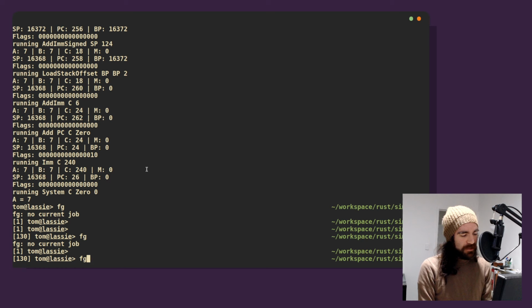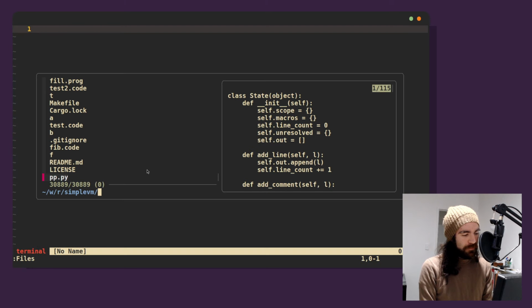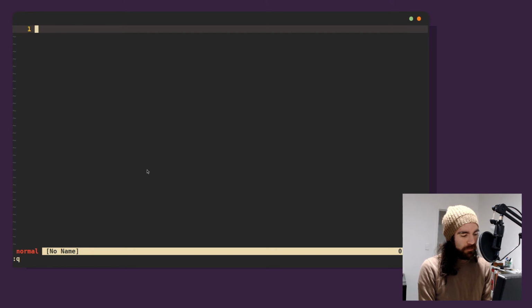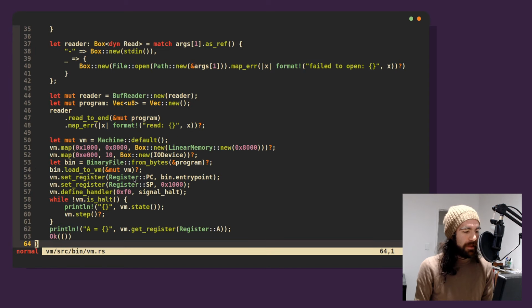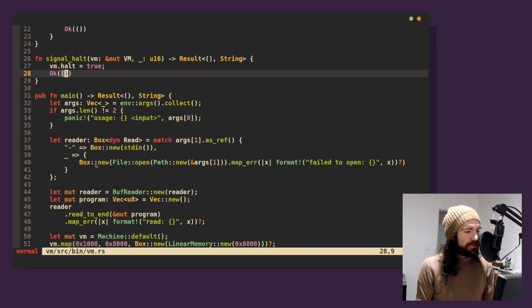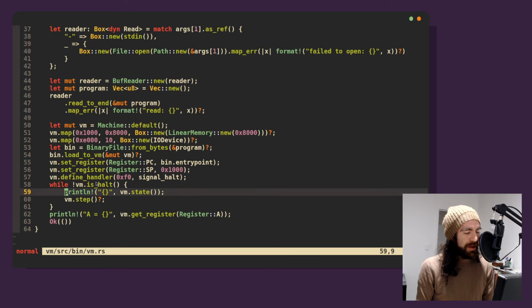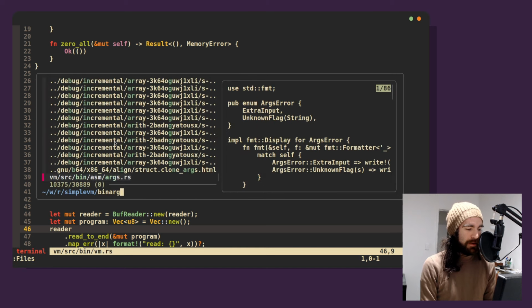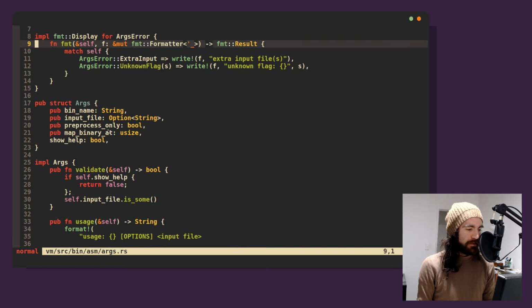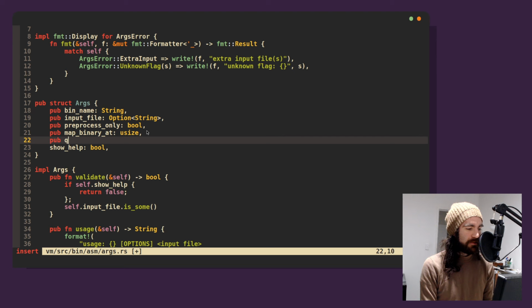Now there's a few things that need to happen here, okay? We don't have a current job, bin VM, okay? We need to make this quiet sometimes, only when we want it to be. So let's go into our bin args, and let's add an arg that is quiet.